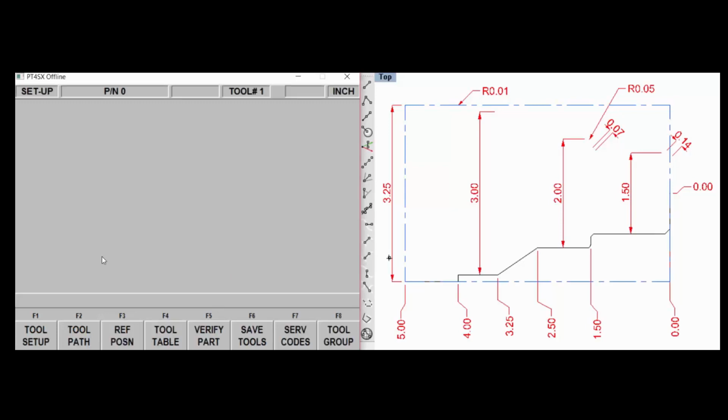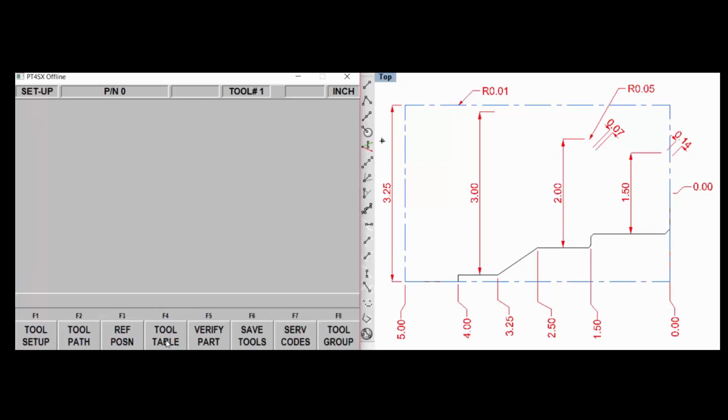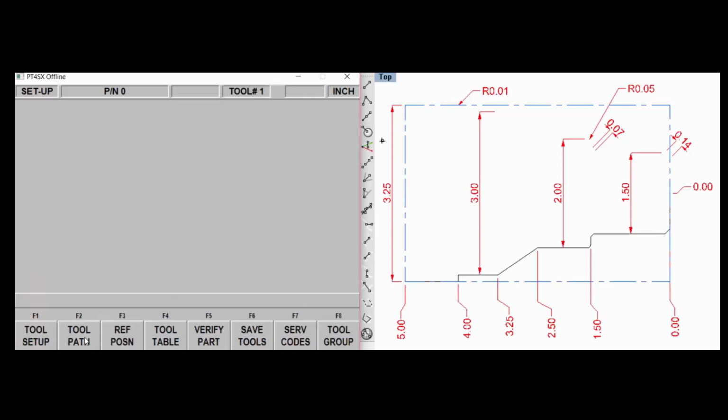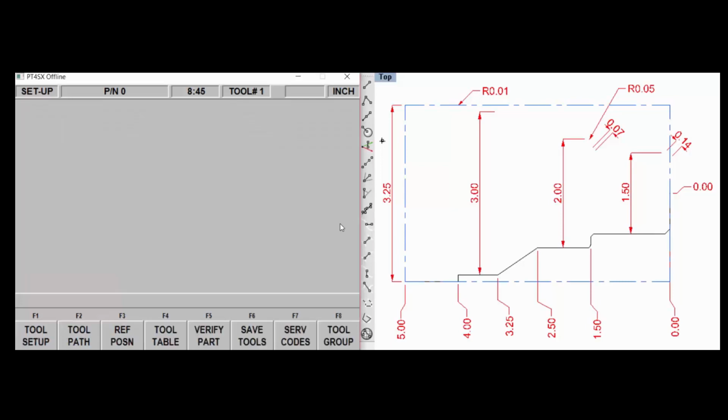I'm just going to set up a tool change position here. I'm going to set it up someplace close by. Look at my tool table. Yeah, we're okay with there. And check our tool path. That looks good. We've got a runtime here of 8 minutes and 45 seconds, which is based upon the feeds and speeds and depth of cut and everything that we qualified in our